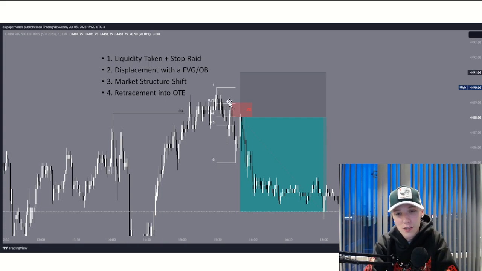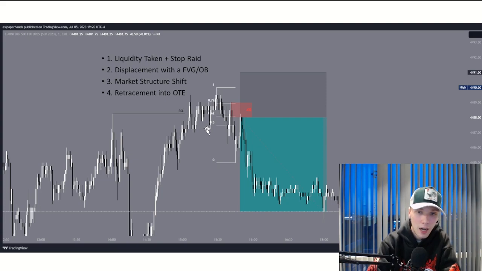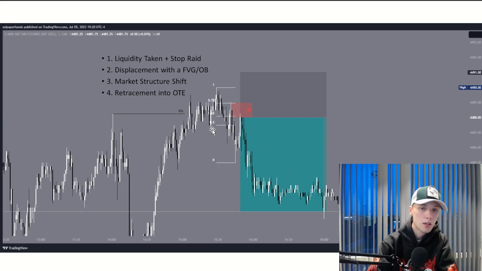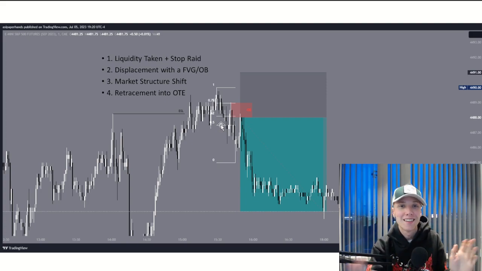Do we have a market structure shift? So this is an intermediate term low. How do I know that? We have a short term swing low to the left of it, we have a short term swing low to the right of it, which makes this an intermediate term low. It's not a true intermediate term low like the other one was because it didn't fill an imbalance. However, short term plus a short term to the left and the right equals 1 intermediate term low. So yes, we do have a market structure shift. That's another check. How easy, bro?